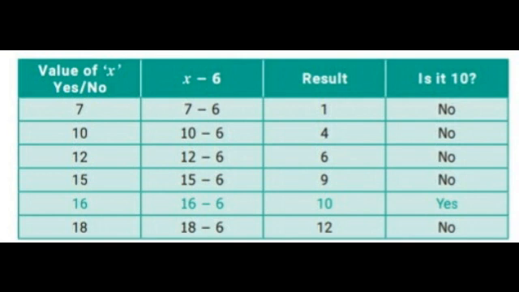Now we can substitute any numbers for x. We can put any values for x. Shall we find out? Now we can put a value for x approximately. Now I'll apply 7 for x. So now substitute 7 for x. 7 minus 6. 7 minus 6 is equal to what? 1.